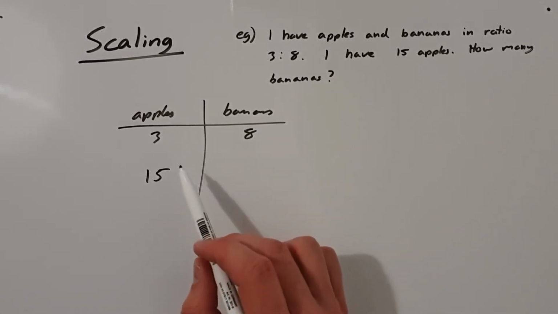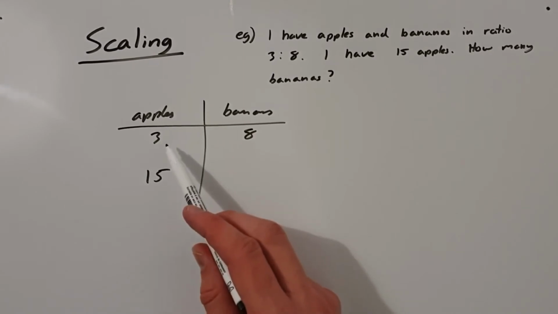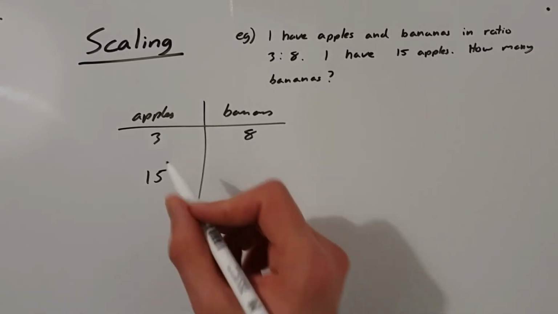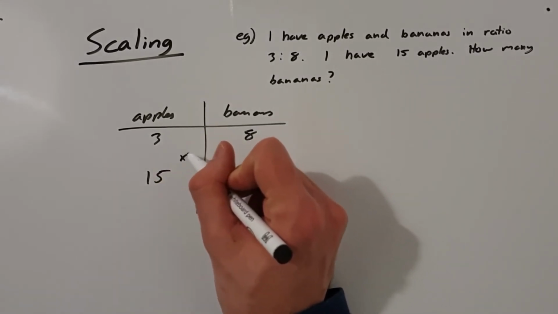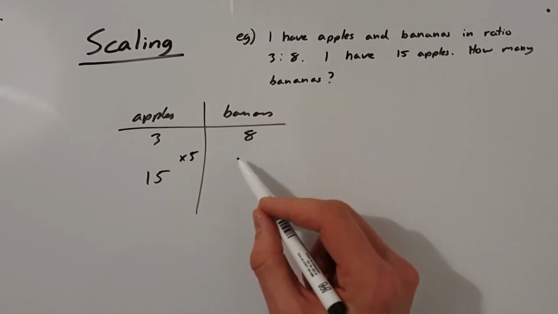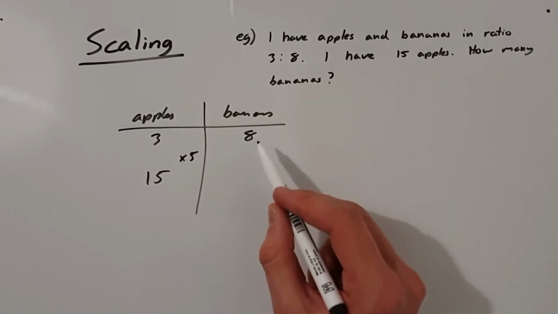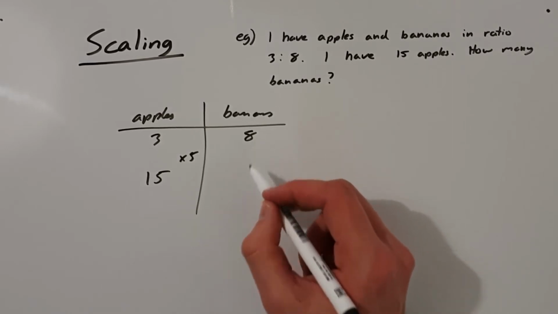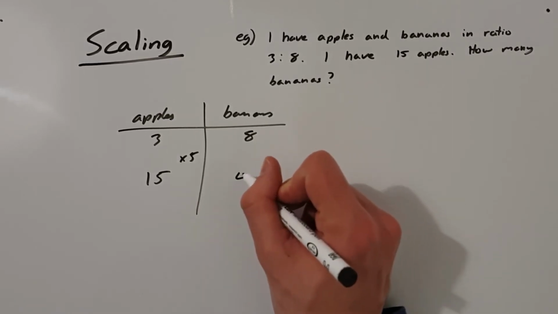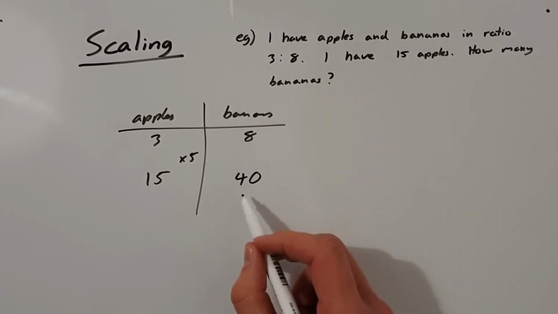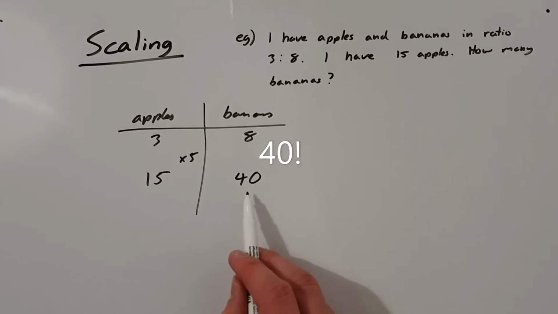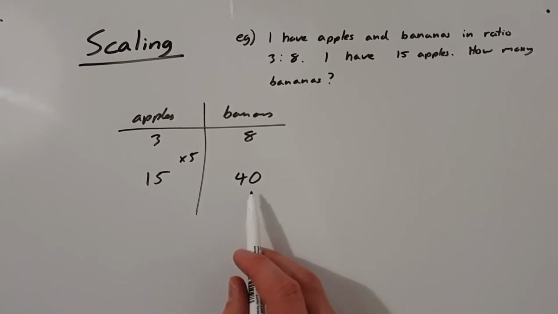So what we must do is think, what do we multiply 3 by to get 15? Or in other words, what is 15 divided by 3? That's 5. We multiply it by 5. So that means we must also multiply our 8 by 5 to get our exact number of bananas. So 8 times 5 is 40. And that's the answer. So if we have 15 apples, we must have 40 bananas to keep our ratio of 3